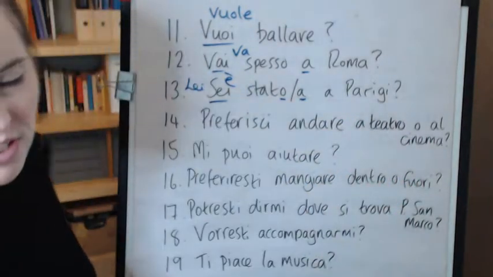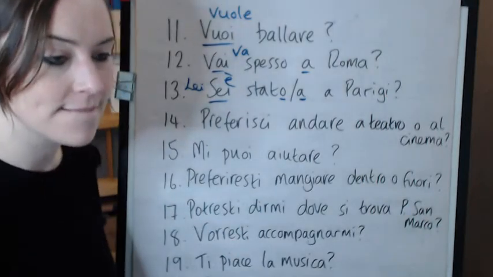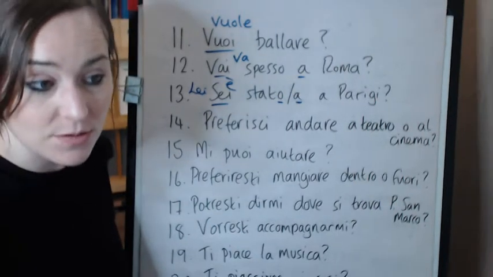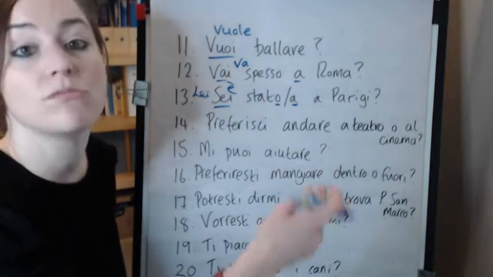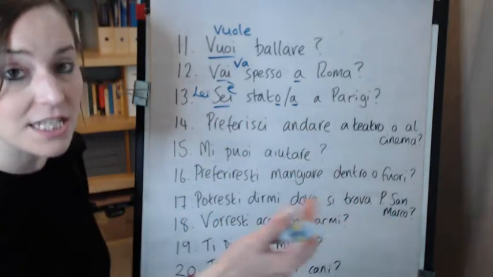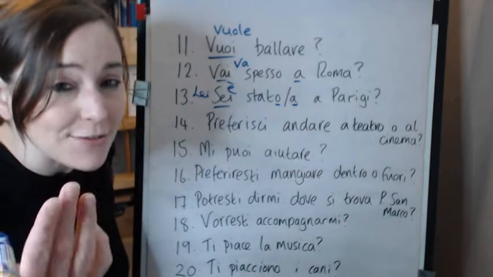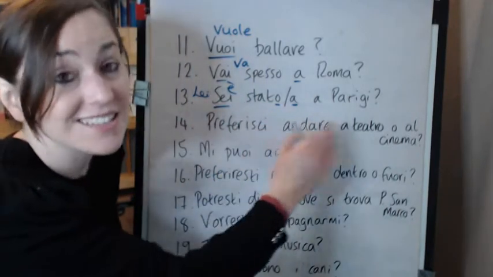I don't think I have any other past tense, passato prossimo questions here, which is just as well because that's quite a complex thing to get your head around. But that's a good one. Have you been to a place? Sei stato, sei stata, if it's a lady, in the formal lei form, lei è stato or lei è stata.